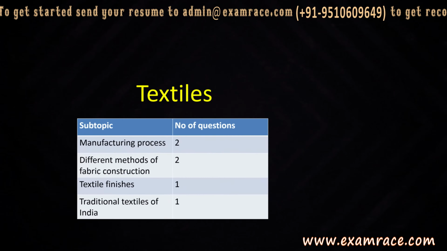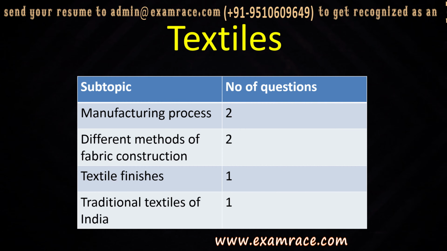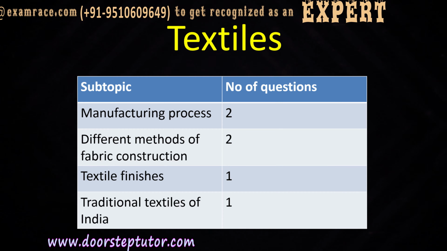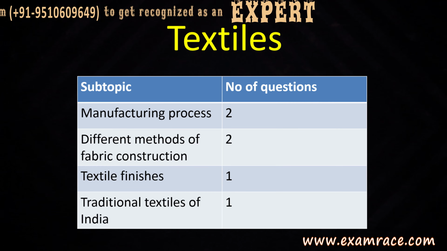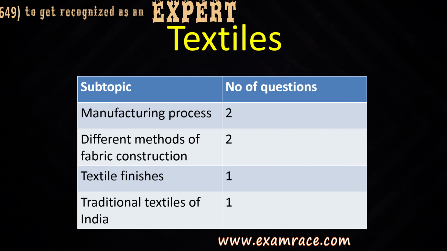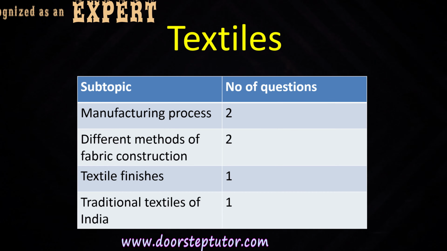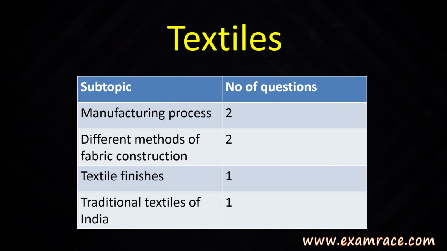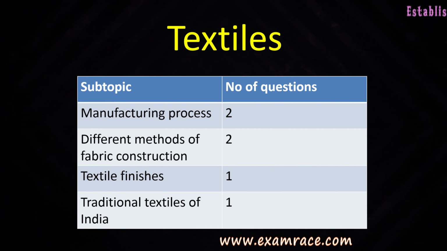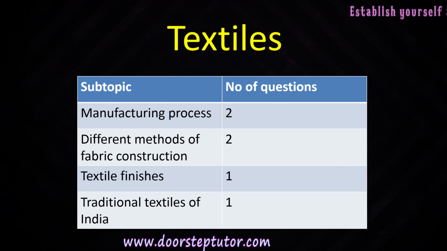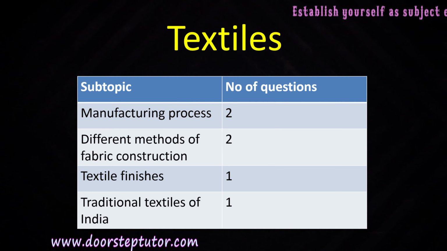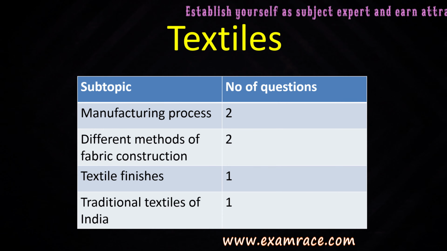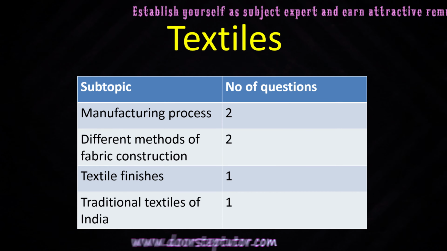The next topic is textiles, and there were 2 questions related to the manufacturing process, 2 questions related to the fabric construction, and one question was there from the textile finishes and the traditional textiles of India. And for the upcoming examination, various different types of physical and chemical properties of the different types of fibers, as well as the fabric construction processes, yarn manufacturing processes, different textile finishes, and the traditional textiles of India have